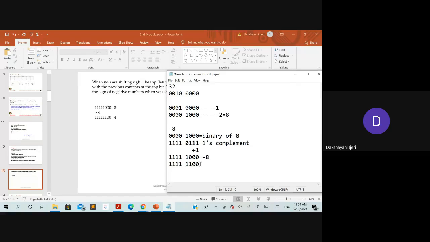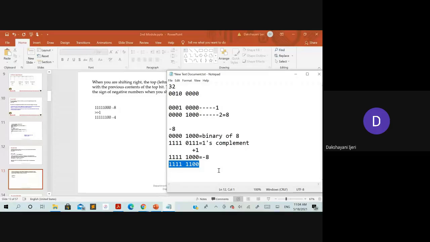Okay. So can you tell me what is the value of this? 252, ma'am. FCH. If you consider the entire thing, it is a 252, since it is a negative integer. So how to get the exact decimal value with respect to the negative for this? Once again, go for doing the 2's complement and tell me what value you will get for this.